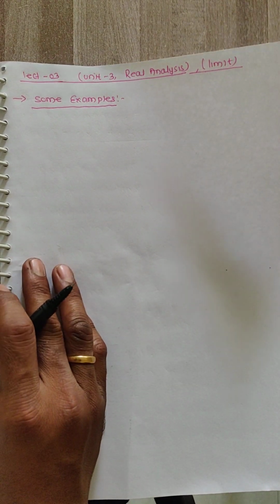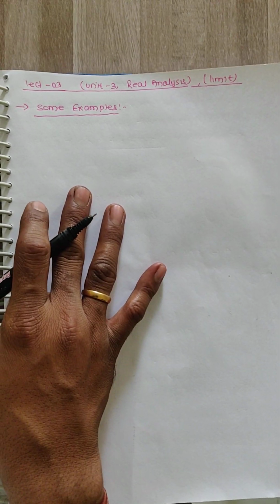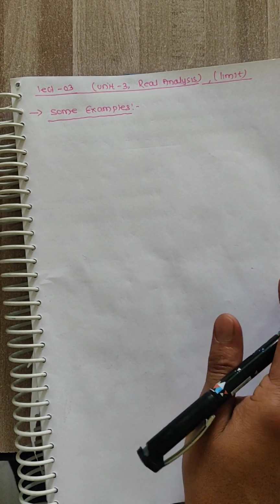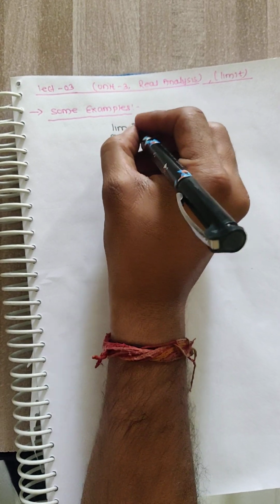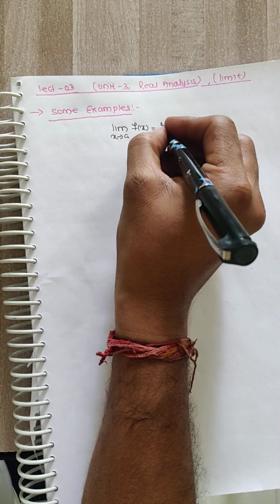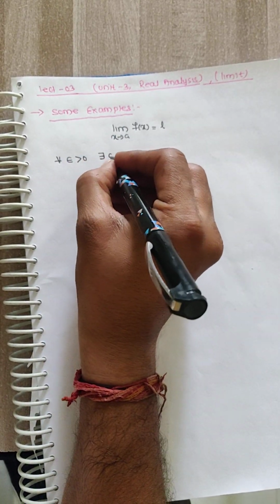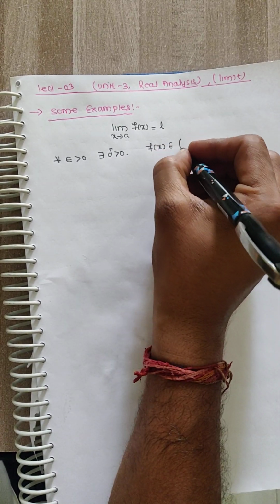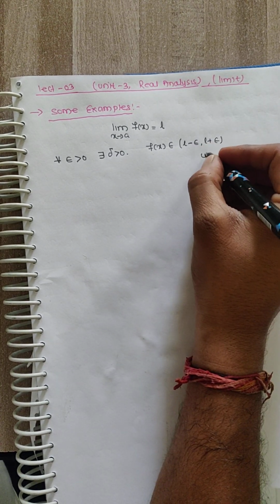Hello everyone. Today is lecture 3 of unit 3 of real analysis. We are looking at the topic of limit, and last class we saw the definition of the limit. Whenever I say that limit x tends to a of f(x) is equal to L, that means that for a given epsilon, there exists a positive delta such that f(x) belongs to L minus epsilon to L plus epsilon whenever